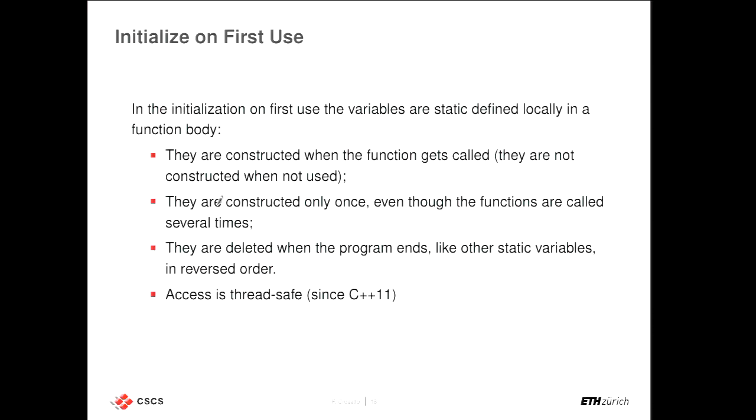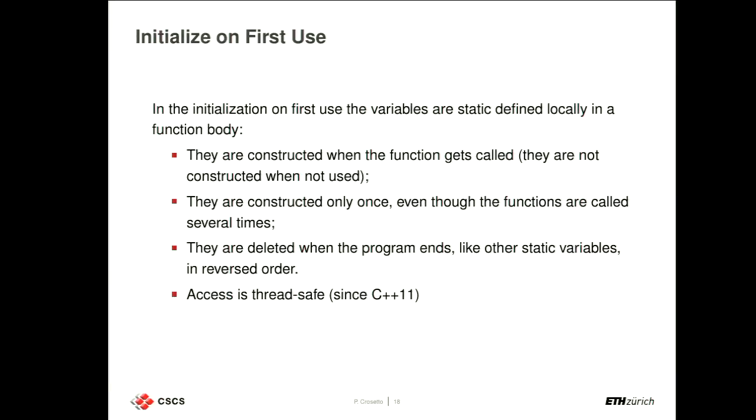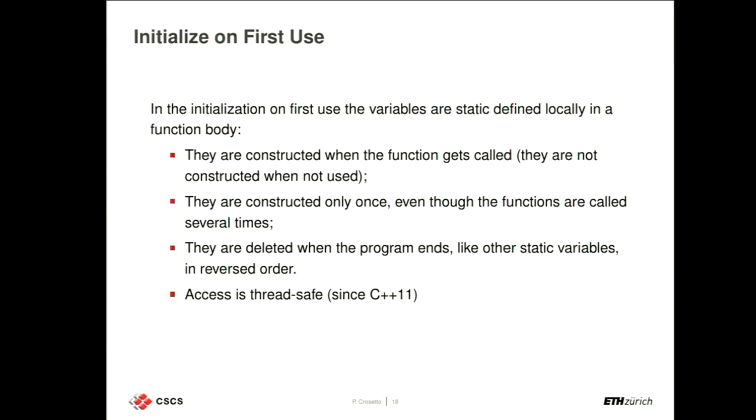They're constructed only once, even if the functions are called multiple times. And in C++11 it is guaranteed that access to static variables is thread safe. What this is done, adding mutually exclusive execution